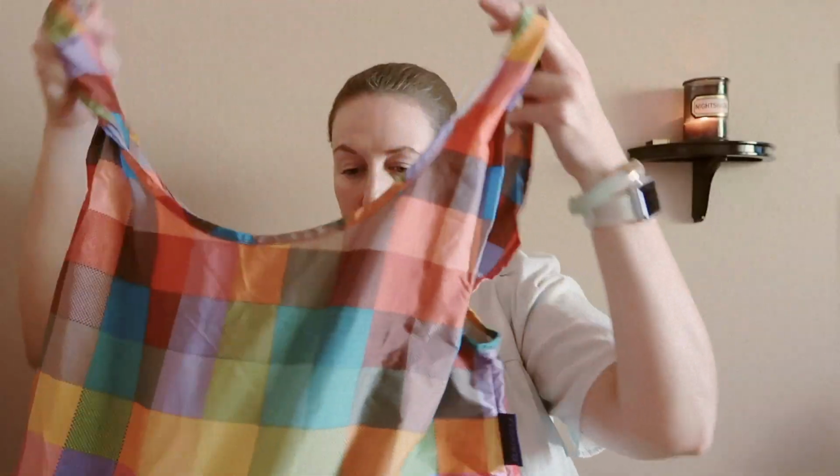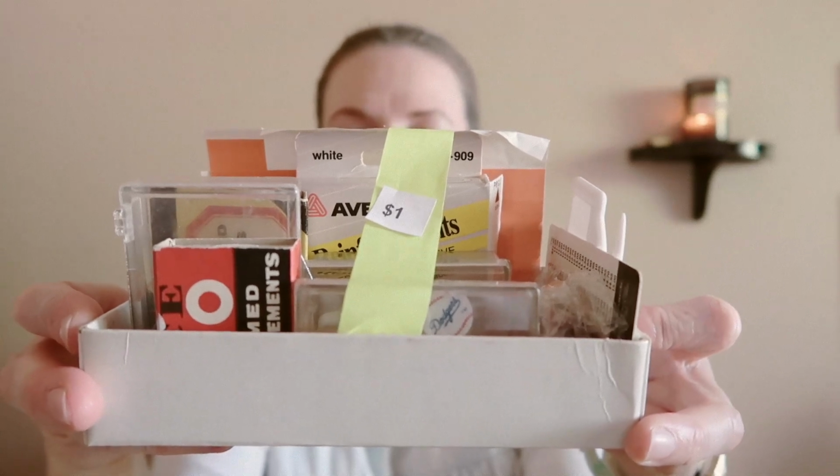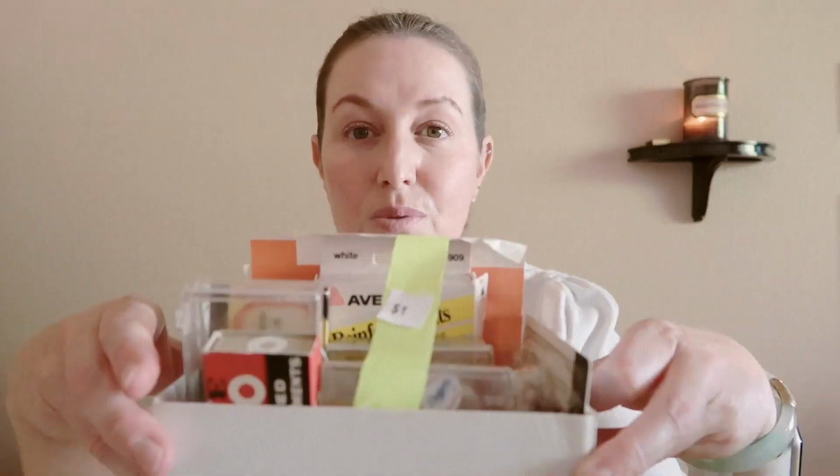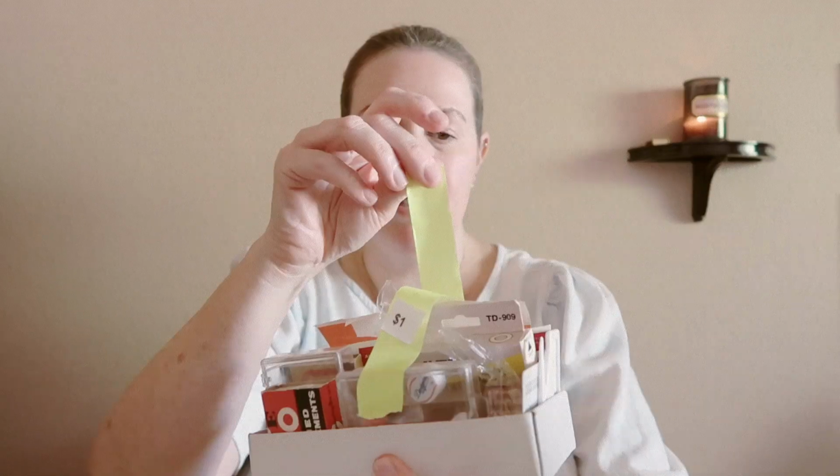This is the stuff from the first sale, in the large record room that had all of the records and the office supplies. I found this box. It's marked $1. I saw a few things in here that I was interested in. As I was walking around, I heard someone say everything was 25% off. This was 75 cents. I haven't actually gone through the box yet, so let's take it apart and see what...